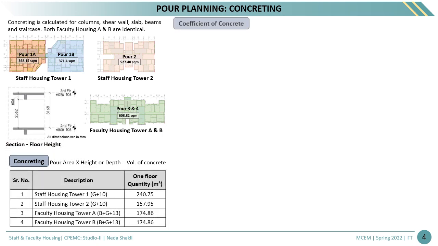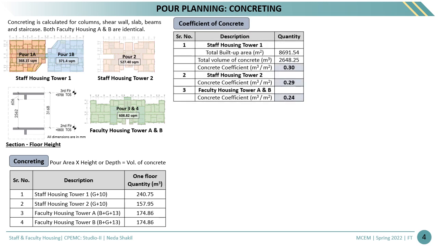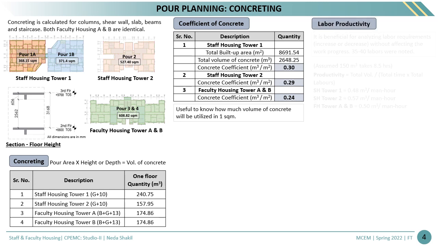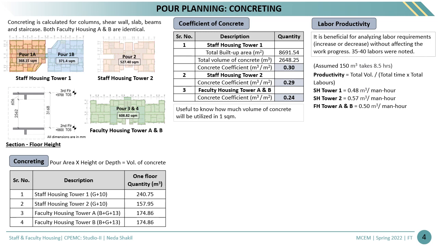Then we calculated the coefficient of concrete by dividing total volume of concrete with total built up area. This is useful to know the volume of concrete required for 1 square meter. Beforehand planning of material and equipment can be done with this. For the labor productivity, 35 to 40 labors were noted for concreting at site and time 8.5 hours for 150 cubic meter. With these assumptions, productivity was calculated, which is beneficial for analyzing labor requirement to increase or decrease without